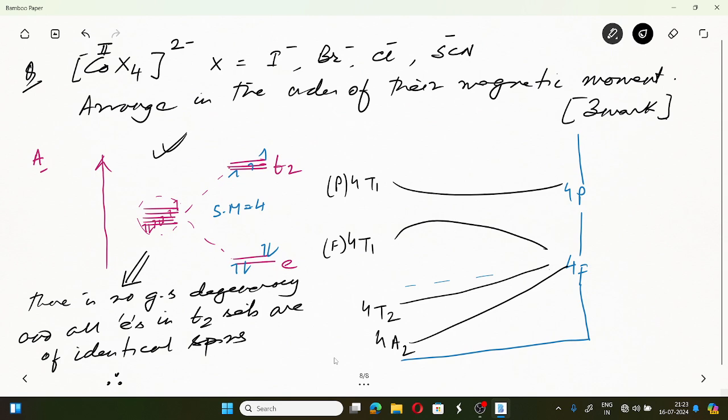Therefore orbital contribution will be absent. তাই তো? এইটা হচ্ছে আমরা প্রথম কথা বললাম।